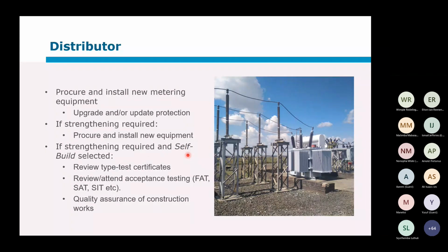So if you do the self-build, then the distributor's responsibility is to be part of that construction process, especially the quality assurance as far as possible. So whoever does the physical construction, review any type test certificates, any of the other acceptance testing certificates, and be part of the whole process. So similar to